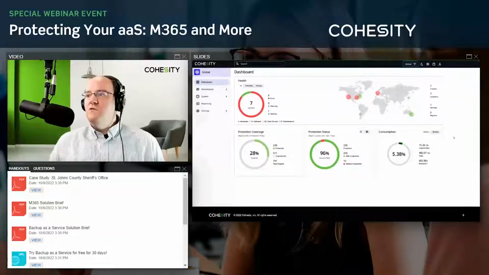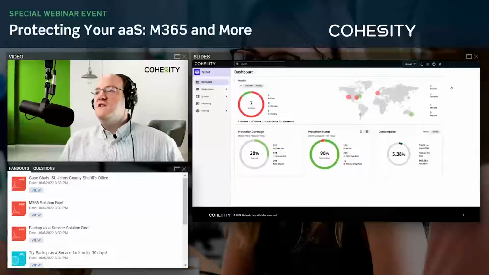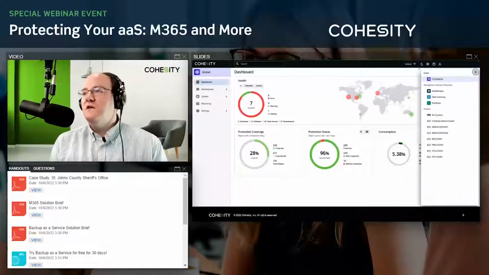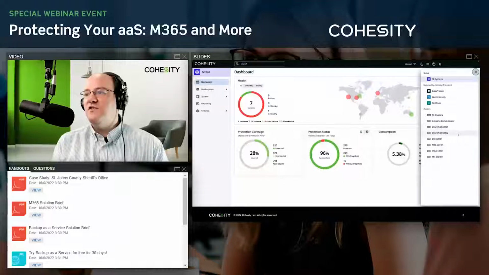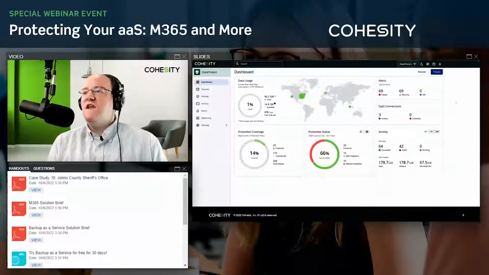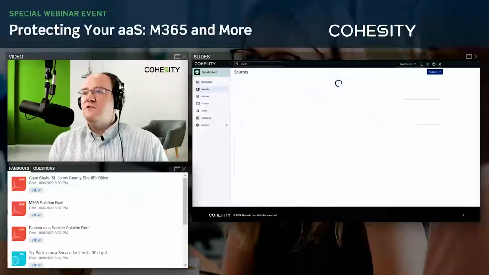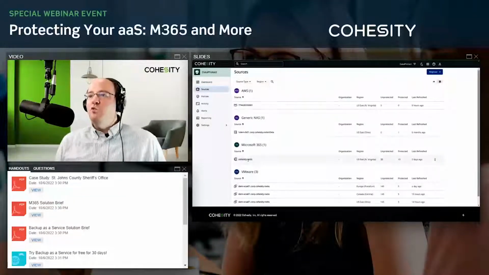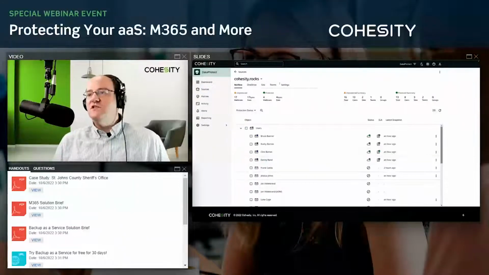As we're going through here, you can see the Cohesity user interface. What we're going to do is look at the context that we have for our particular solution. You can see we've got managed by Cohesity and on-premises clusters that are available. But we're going to select Data Protect from a backup as a service perspective, and you get this nice dashboard that shows you some of the different percentages.